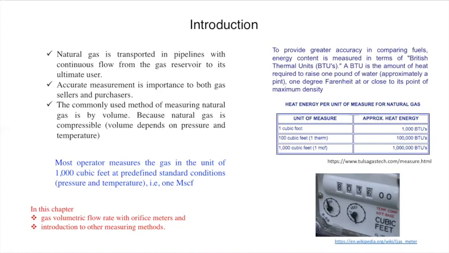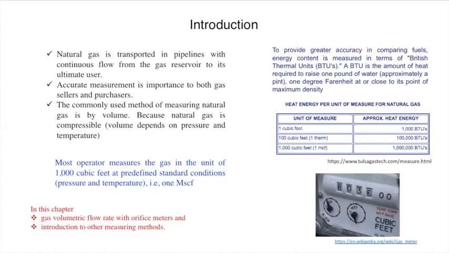Natural gas is transported in a pipeline with continuous flow from the gas reservoir to the ultimate user. Both the seller, who is sending the gas to the user, and the purchaser require the measurement. He wants to know how much quantity is being delivered and how much quantity is being received by the purchaser, right? It must be a quantitative measurement where a definite amount of gas being transported should be measured and